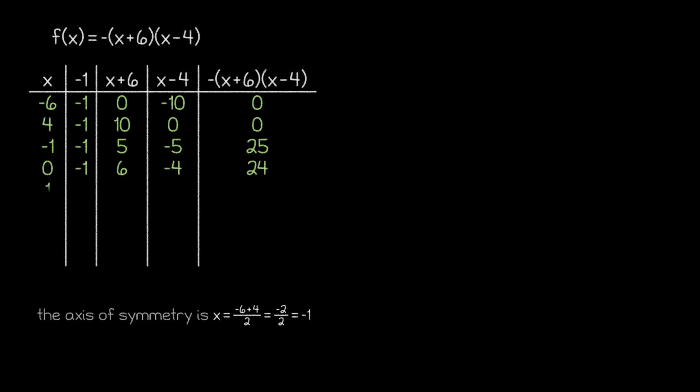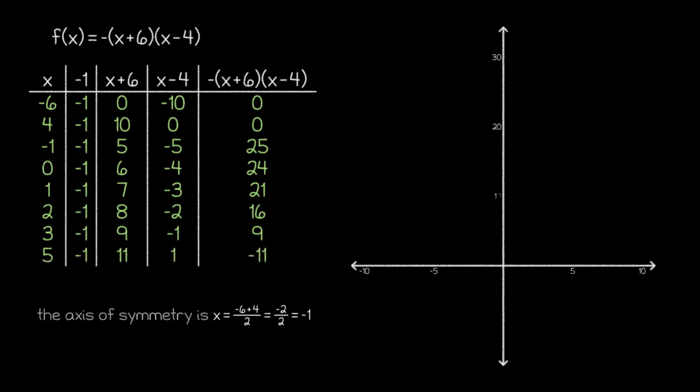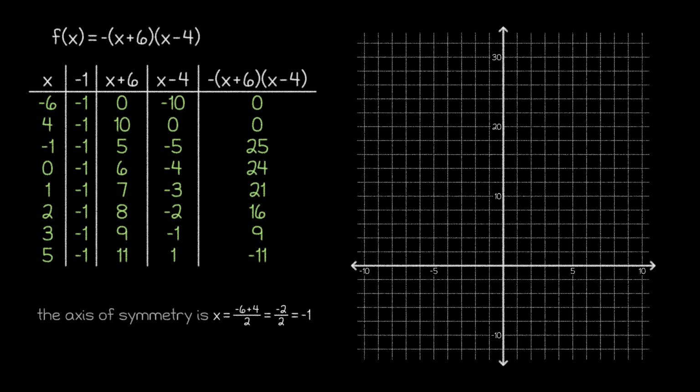And by plugging in a few more numbers in our table, we can decide on a reasonable scale and draw our axes. Then, we'll draw our axis of symmetry to help with identifying reflective pairs before plotting the points that we identified. Finally, we can complete the problem with this graph, which gives us a great snapshot of the function.